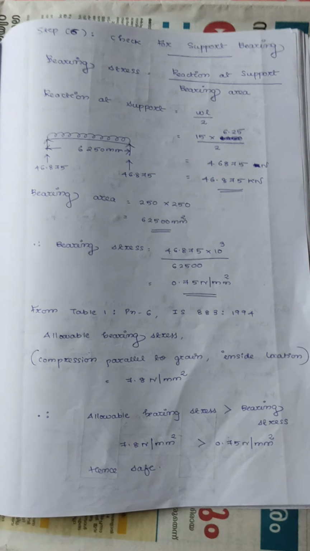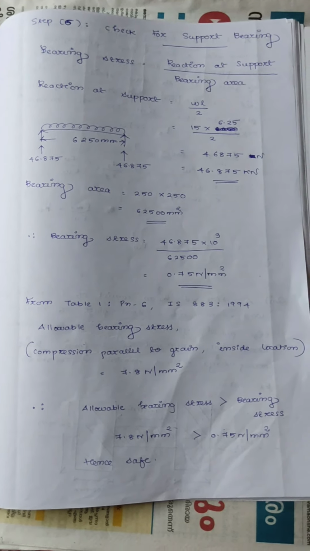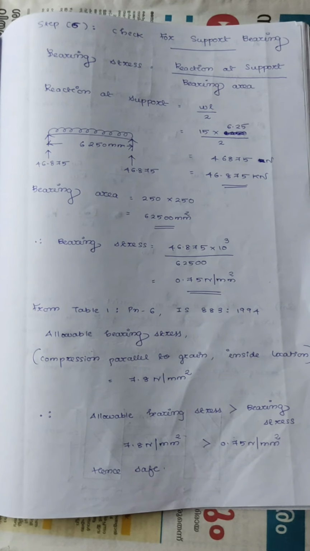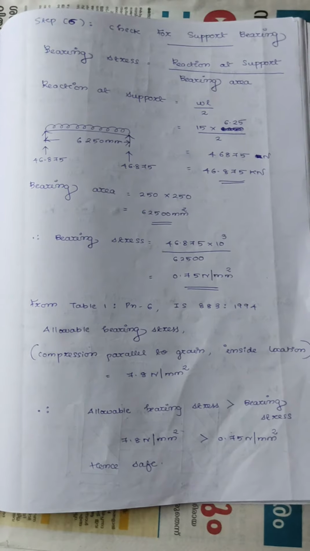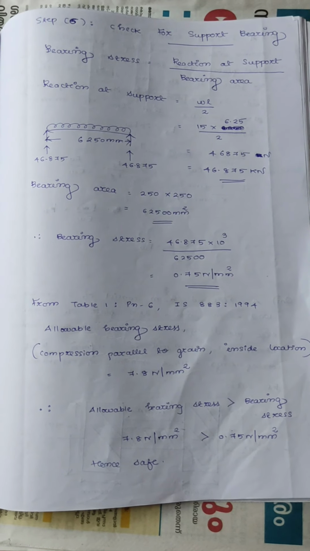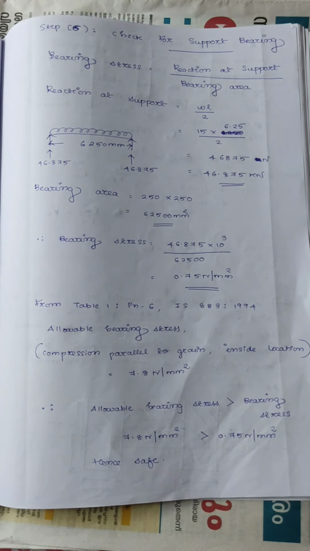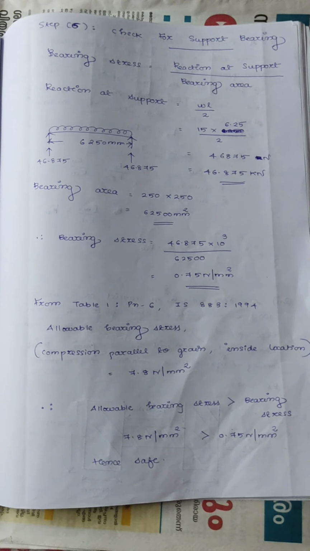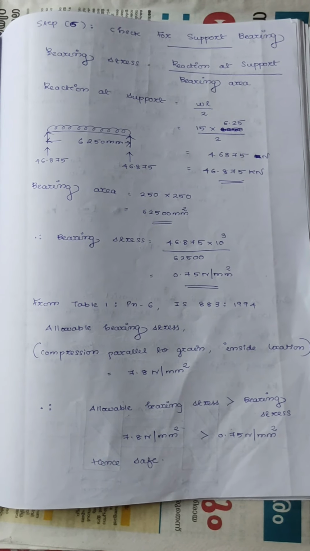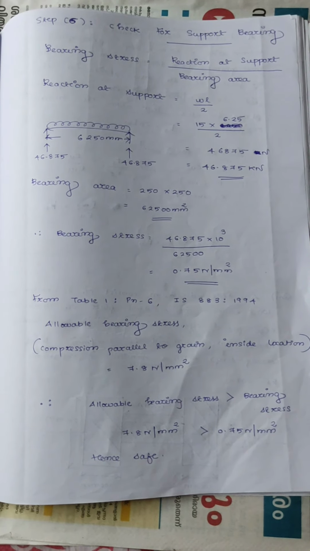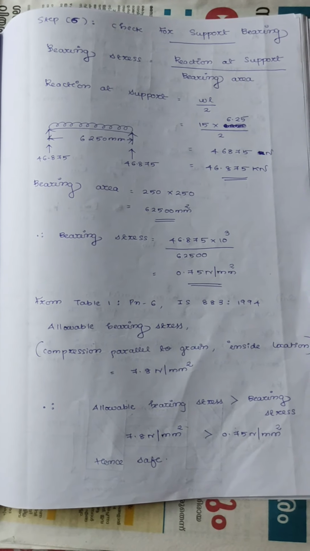We have to follow IS 883 1994 only. All the design parameters are in that code, and we only have to write the equations and substitute the values. All the equations and all the values will be there in the IS code. The main thing is that the type of wood is very important for the design, for taking all the permissible values. So this is the design of a timber beam.